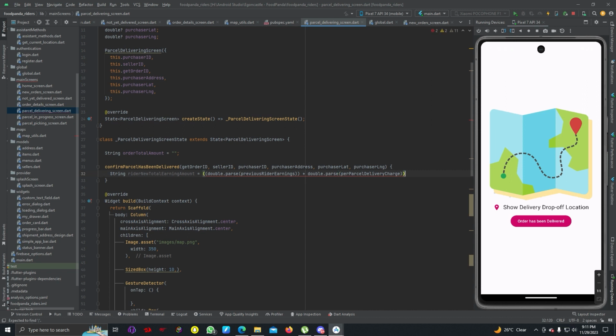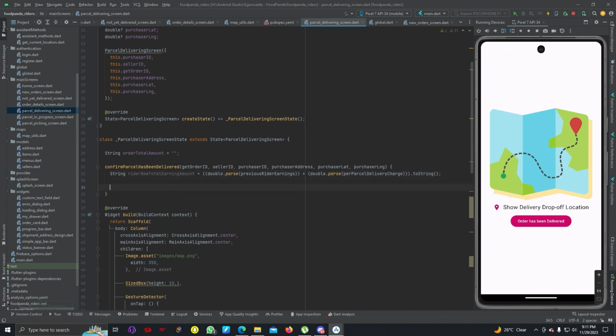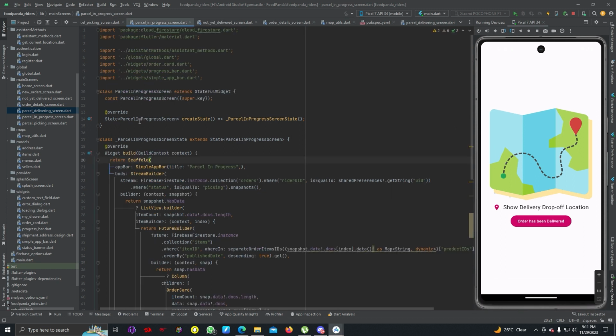We need to add a bracket here, so then we can add toString. So after that we can write, we can copy from our parcel